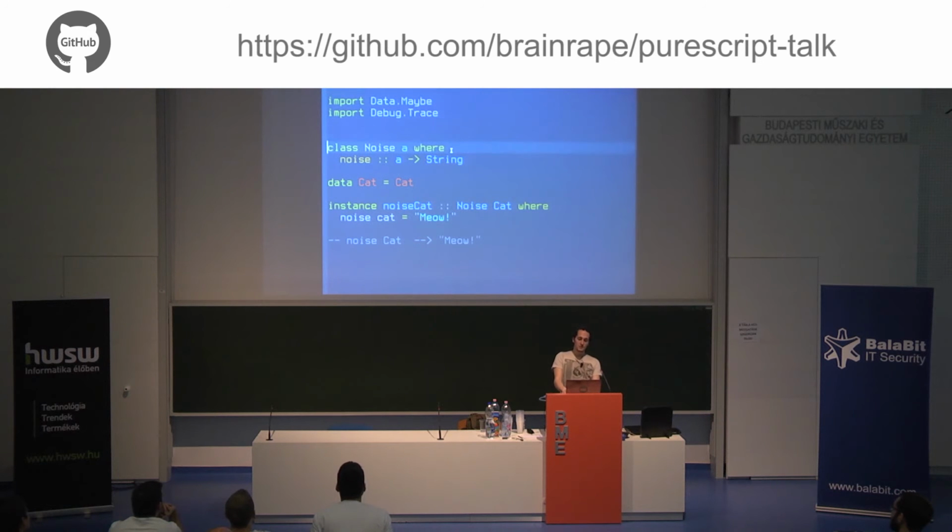Here you go. So here we define a type class Noise that says that my type can make a noise, and that noise will be a string.